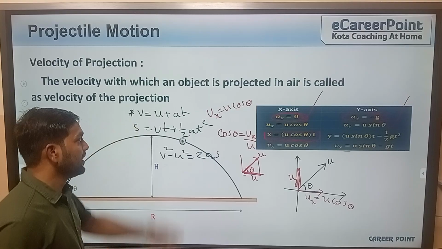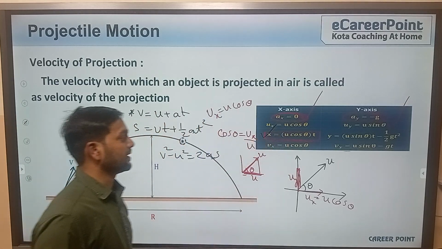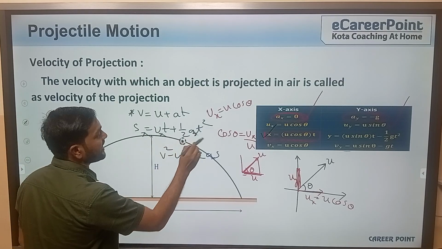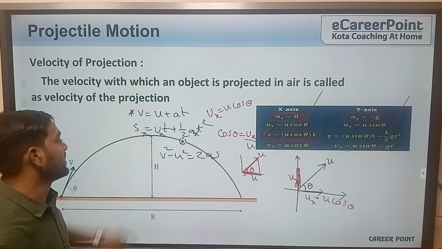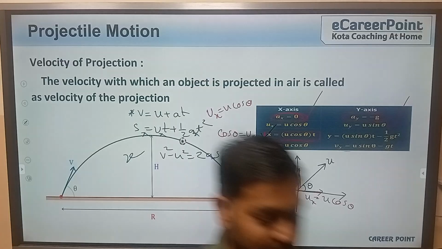Yes, we have seen this. So by using this we will find out the value of x here. Let us substitute sx, ux, ax here. We want the x value. So sx is equal to